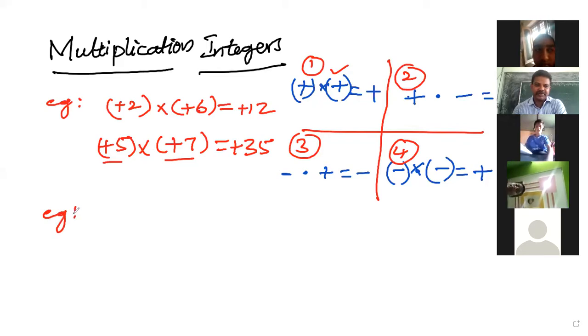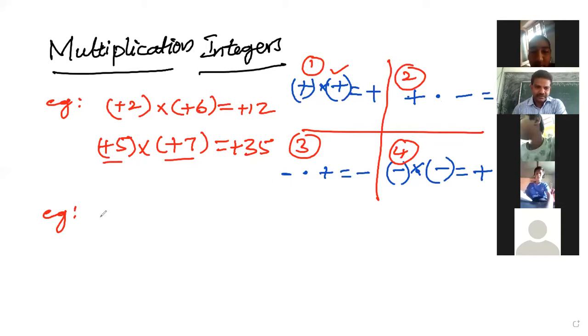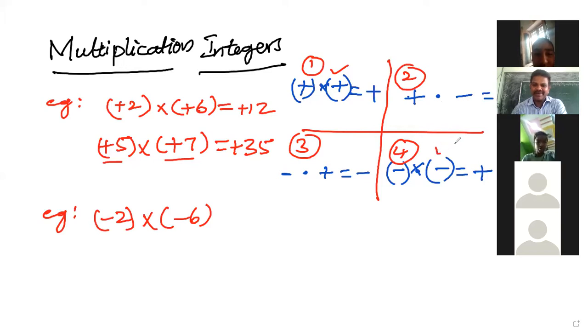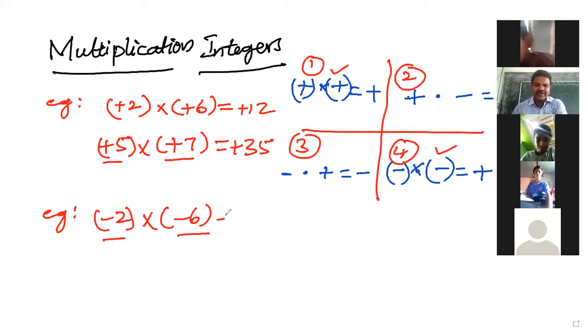And next, second example, negative and negative. Okay, let us discuss that. -2 into -6. So we are talking about room number 4. Both integers are negative. When we multiply a negative integer by a negative integer, we get a positive integer product. So minus into minus is a plus, and 2 6s are 12.